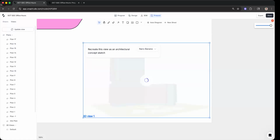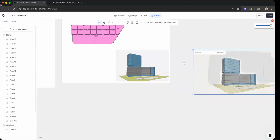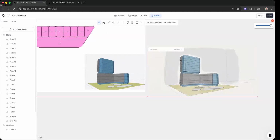Part of this process is obviously iteration, to get a prompt that gives you predictable results that share your design in a way that you like. But the nice thing is that this happens really, really quickly. So you can start to stylize all of these and get those prompts in and start creating really consistent graphics